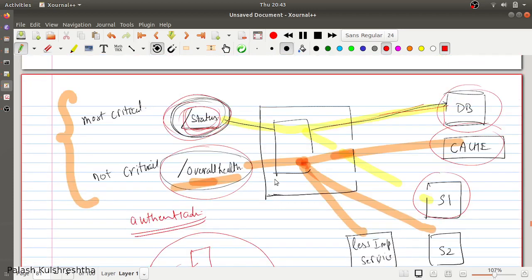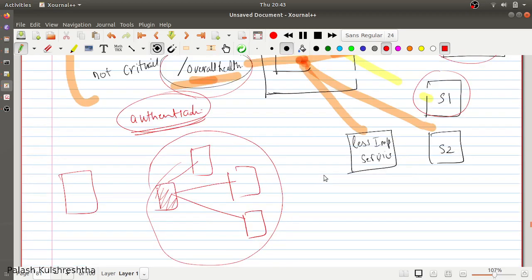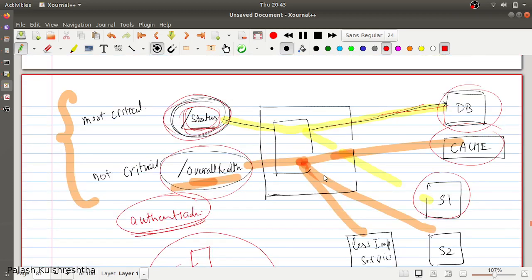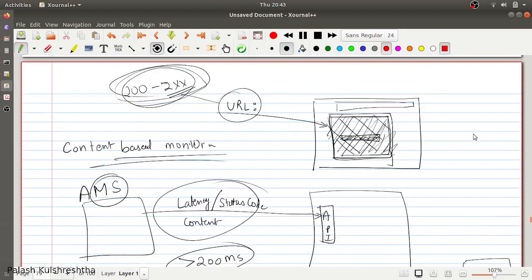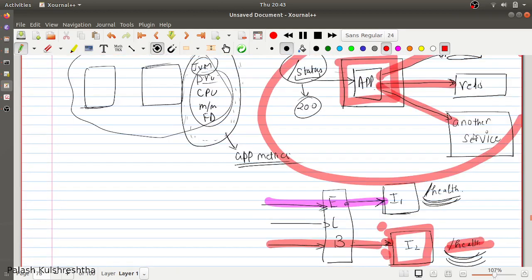Another way of securing your health check endpoints is by having authentication. You can do JWT authentication or password authentication. But most of the cloud service providers don't provide authentication in health check URL. For example, in the example in which I told you about ELBs, the health check calls from ELB to the instances do not support authentication.